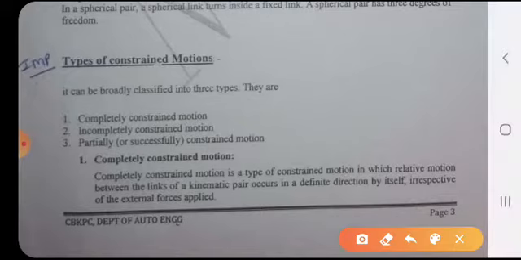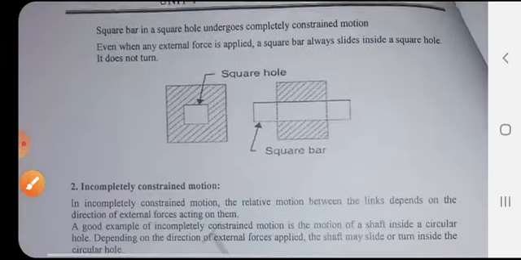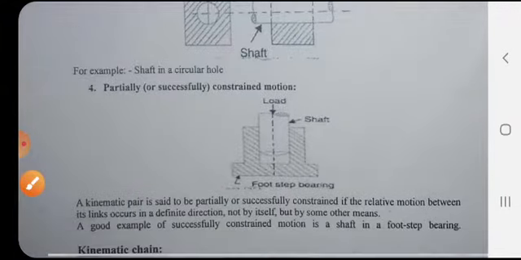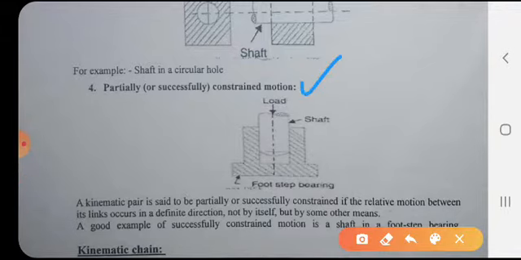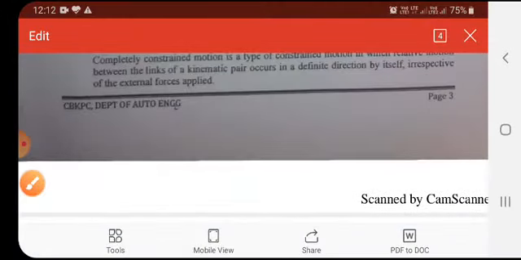First one, completely constant motion. Second one, incompletely constant motion, and third, partially constant motion or successfully constant motion. Now,